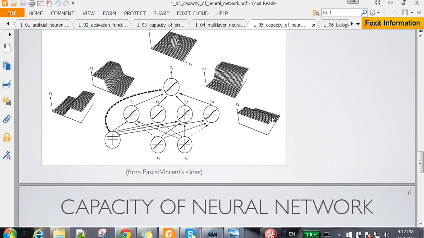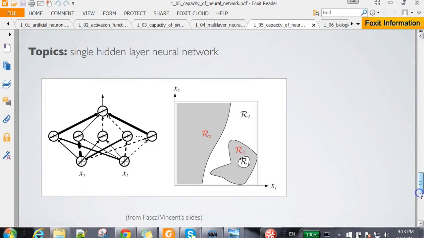And then, if you're doing a binary classification, for example, you'd basically be cutting the surface at a certain level here. In other words, you'd get a classification surface that could look something like this. So you could generate a decision boundary that looks something like this. So this would be R1 and this would be R1. They would be separated, but still these would. So basically you could get a very complicated